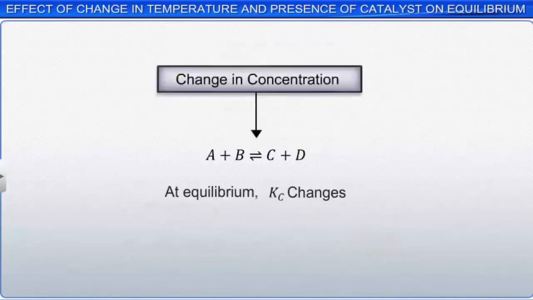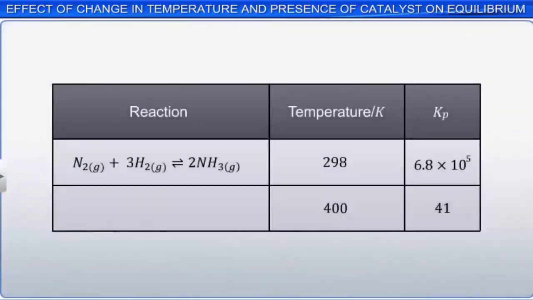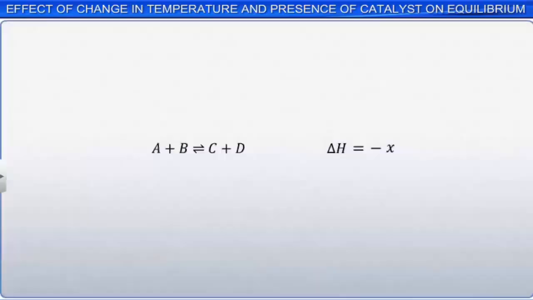However, when a system at equilibrium is subjected to change in temperature, the value of equilibrium constant Kc itself changes. For example, the equilibrium constant for the gas phase reaction of the formation of ammonia from nitrogen and hydrogen at 298 Kelvin is 6.8 multiplied by 10 to the power of 5, while it is 41 at a temperature of 400 Kelvin. The value of the equilibrium constant for a given reaction varies with temperature. In general,